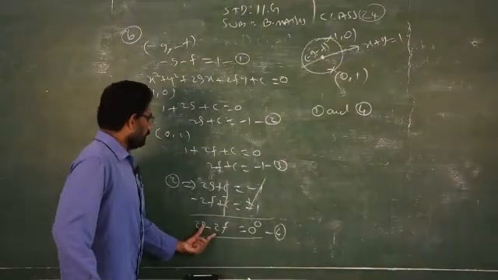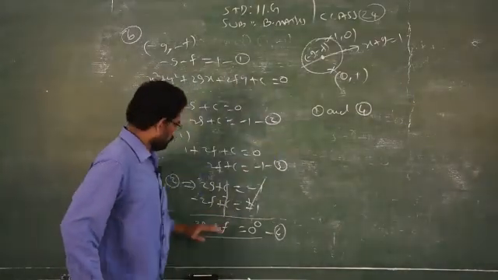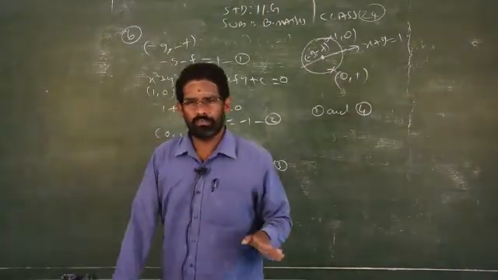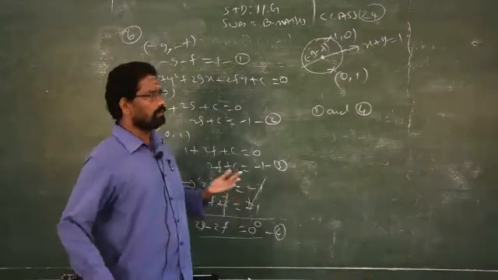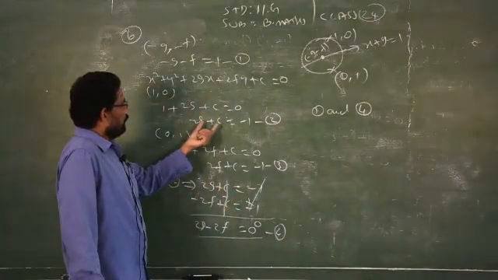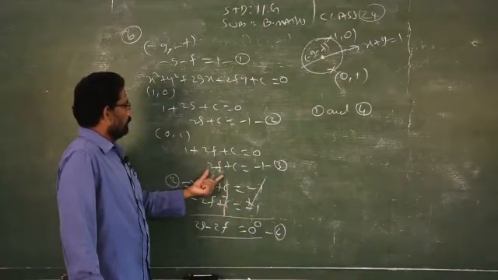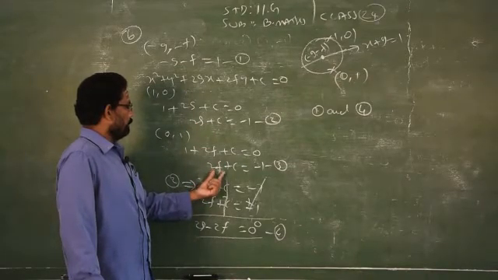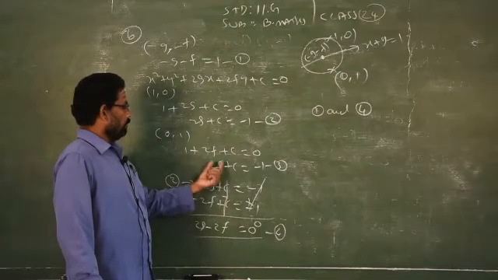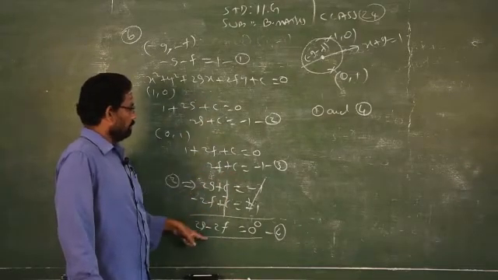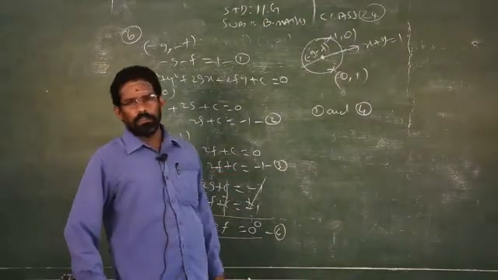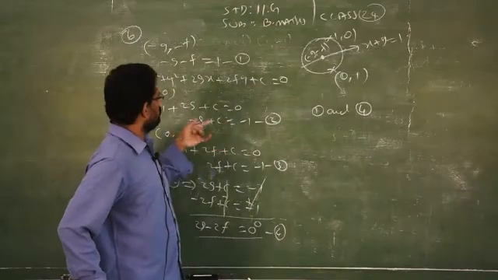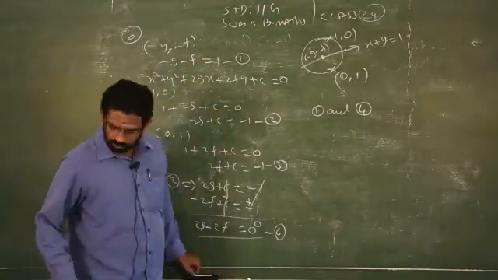So now take equation number 1 and 4, apply the elimination method, and find g and f. Once you find the values of g and f, substitute in either equation number 2 or 3 to get c. If you take equation number 3, then in the place of f, replace the value we find by solving equation number 1 and 4, and then find c. Finally you can replace f, g and c in the general equation, and we will get the answer.